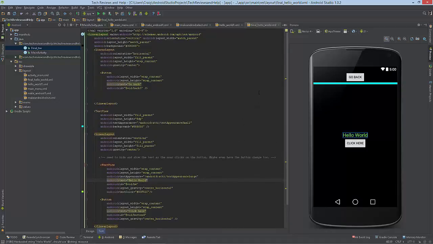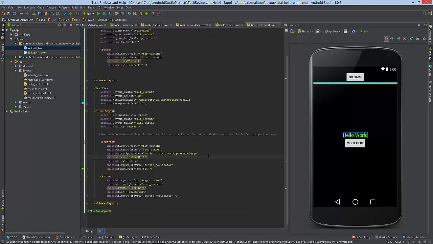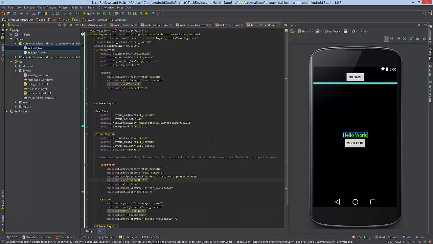Now, one thing I'll add in here before we move on is we've got something called warnings and errors. This is very, very important. When you're coding, what I'll advise is to keep in mind where the undo button is, where the redo button is, and where the save and the refresh are. With the warning, that's not a huge thing. For example, right here on the top right of the code, it says I've got 3 warnings. It's nothing big. So the first warning is this. It wants me to